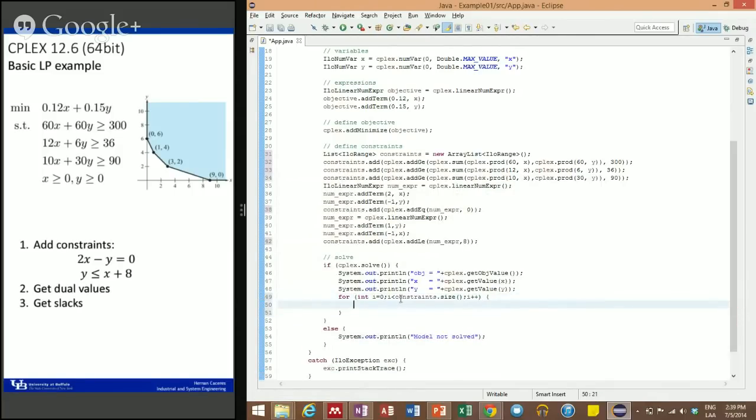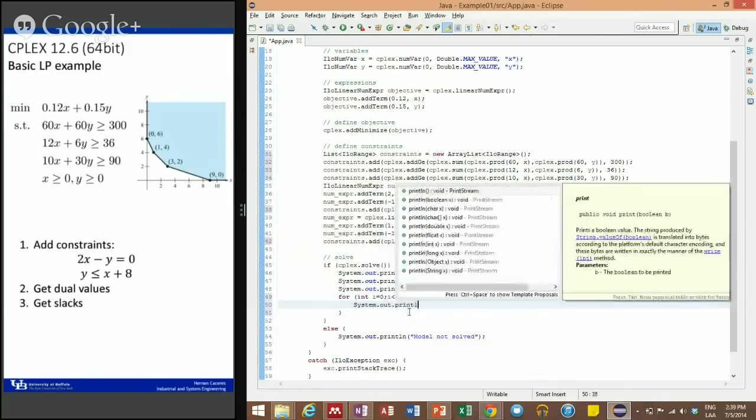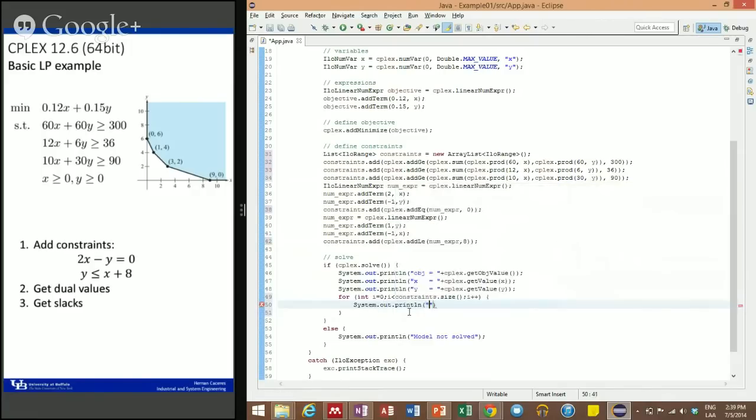Okay, so we want to print with System.out.print. First the dual values, dual of constraint. The i starts at 0, so 0 means it's the first constraint, so we're gonna write it like this: